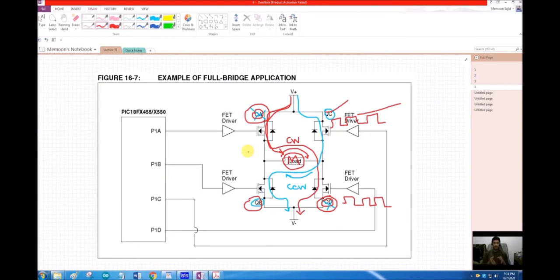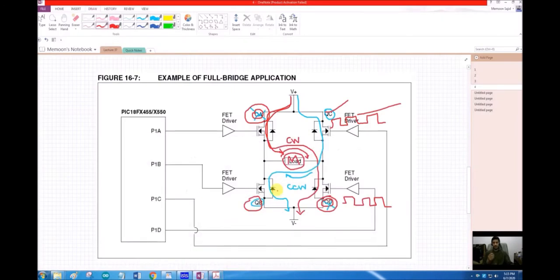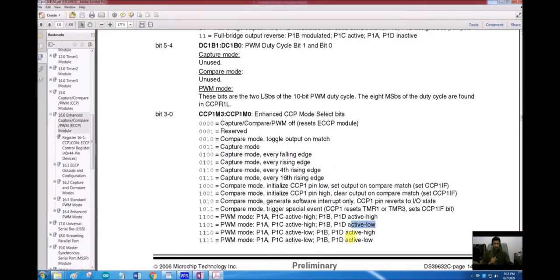So if we have an H bridge that has all n-type transistors, we will use these configurations, all active high. If we have an H bridge with 2 n-type and 2 p-type transistors, we will use the configuration here where 2 of them are active high and 2 of them are active low. And if we have an H bridge in which all of them are p-type transistors, then we will use this last configuration where all of them are active low.